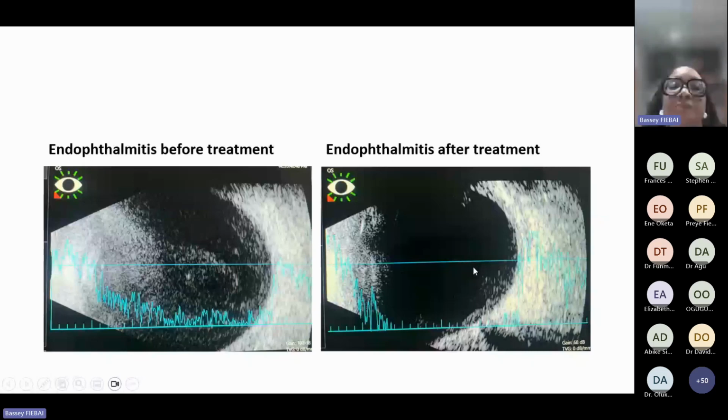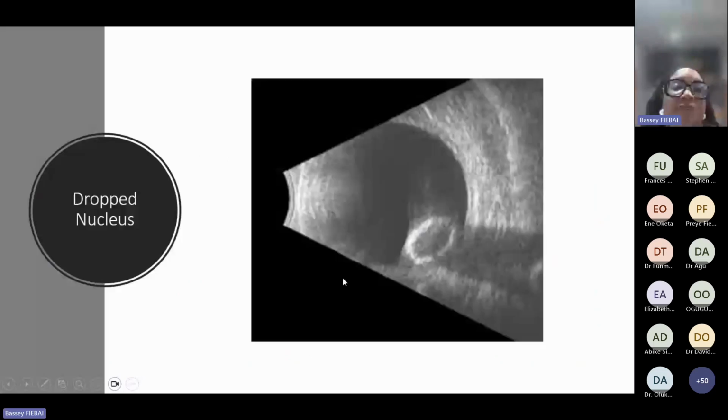This is a picture of an echogram of a dropped nucleus. It's very classic. You would describe this as a hyperechoic mass in the vitreous, and if there were to be an A scan over it, you will see very high spikes. You're also able to appreciate the location. This is sitting pretty on top of the optic nerve head. This is the anechoic optic nerve. You can see that the echo strength here is much, much brighter than what you have here.